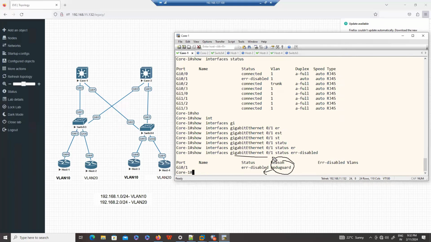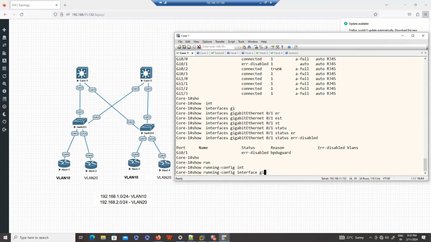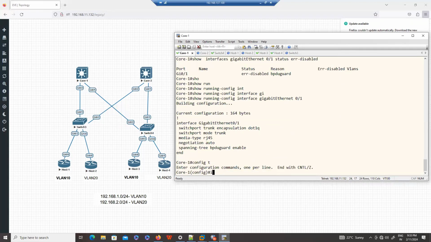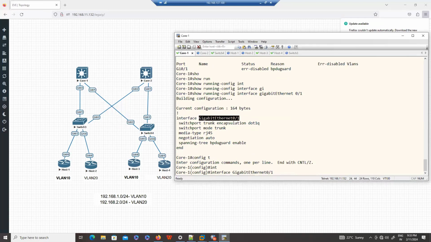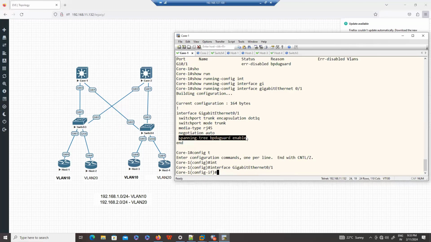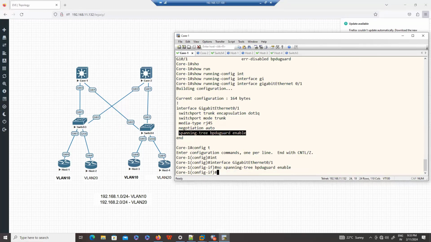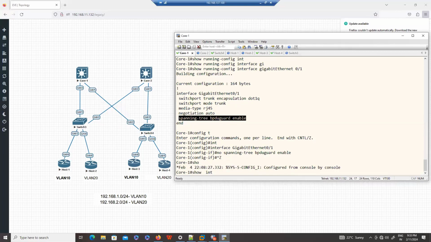Then you may check the configuration of this interface, and you will see, oh, this interface is going to a switch, so on this interface this feature must be disabled. That's why my port is going into error disable. So I will basically turn off the feature. In the real world, guys, let's say I disable the feature with show run interface gigabit 0/1. As I know the reason, I disable the feature,